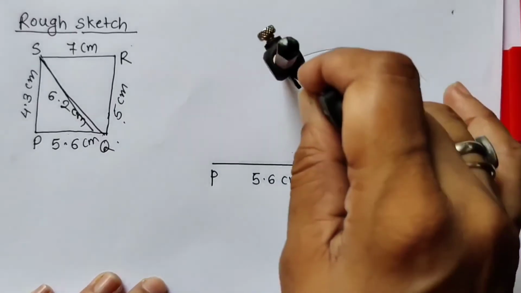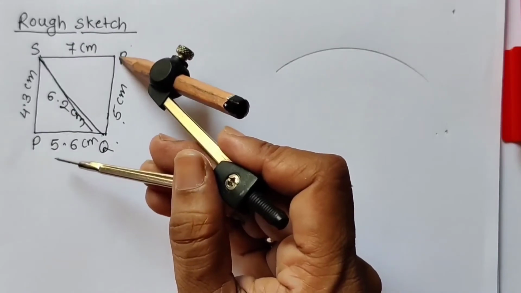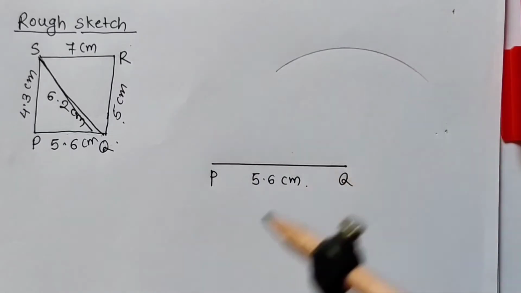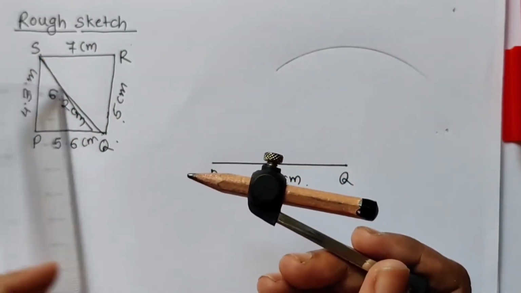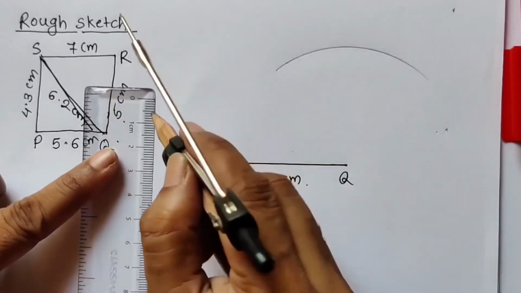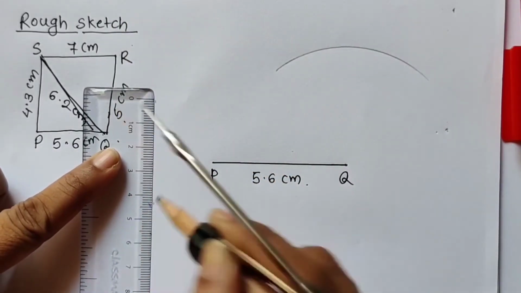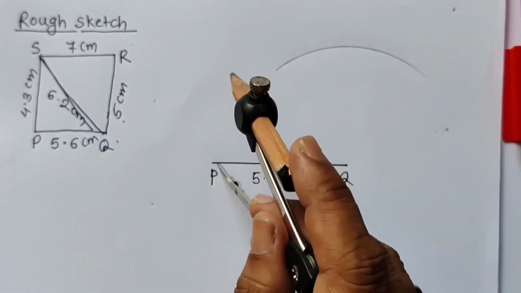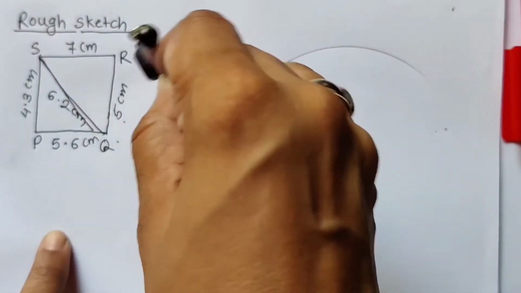In this way draw the arc. We have to fix point Q, point R and point S. So at 5 centimeter we have drawn the arc. Now let us draw the arc at 4.3 centimeter. Take the distance of 4.3, 0 and 4.3, after 4 the third point. So from P, I am going to draw an arc at 4.3 centimeter.